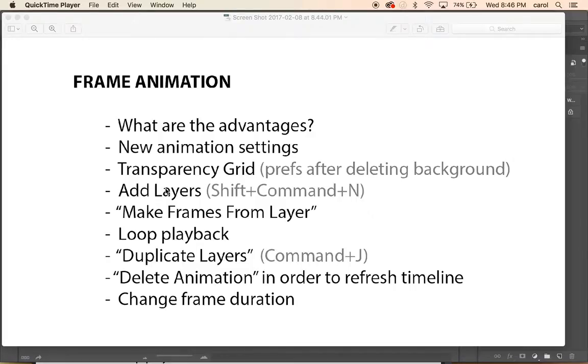We're going to talk about frame animation as opposed to a video timeline in Photoshop. I'll talk about what some of the advantages are, how to set up a new animation and what the settings should be, how to adjust the transparency grid so that you don't get a checkered background, how to add layers